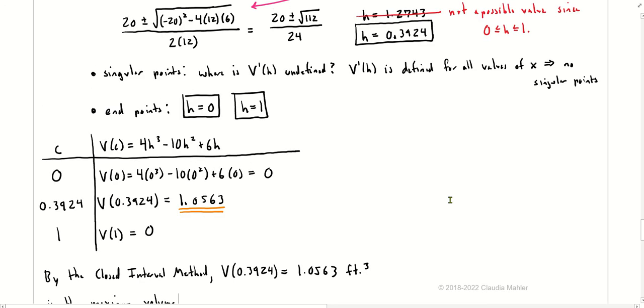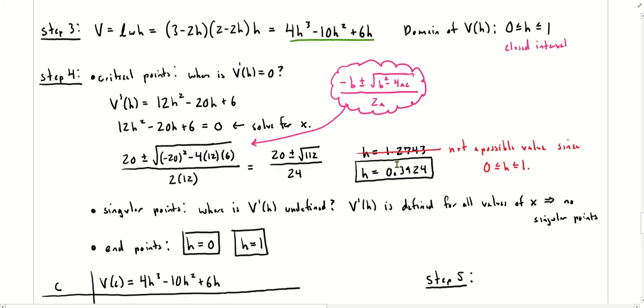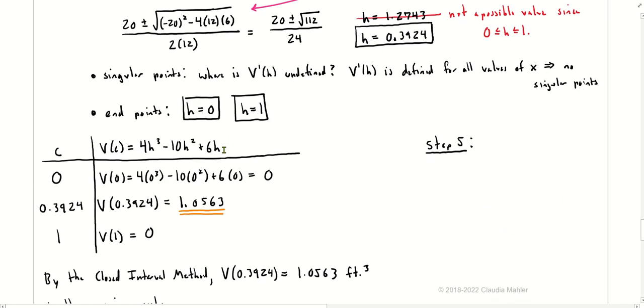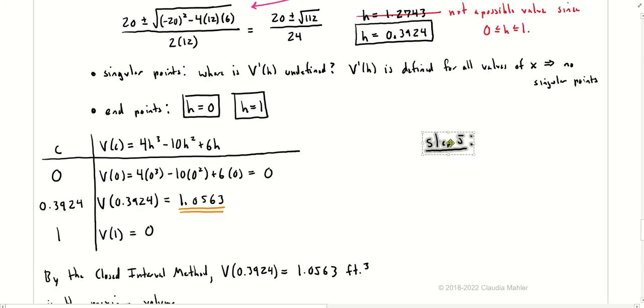Now in step 5, I'm going to put that over here. Remember this last step just to make sure you are writing down exactly what the question is asking for. So in step 5, I want to make sure I'm stating what we need. So I don't really care about the maximum volume. I want the dimensions of the box that give me that. So in step 5, I'm just going to make sure I write down those dimensions because that's exactly what the question is asking for. So I'm going to say here the dimensions that maximize volume are